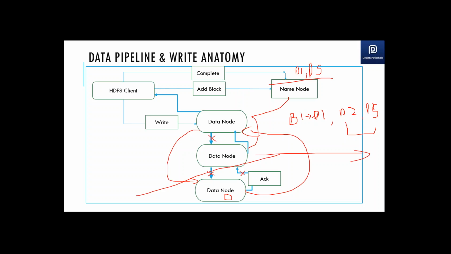The client process which is requesting the write can proceed further even if only 2 data blocks are written. But the minimum one is one. If the first one is written, it's all done for the client. So the client doesn't really care about the replication. Yeah, it's the duty of the name node, not my duty. The minimum number of nodes where the block should be written is really only one. It's by default one. Again, you can change it.